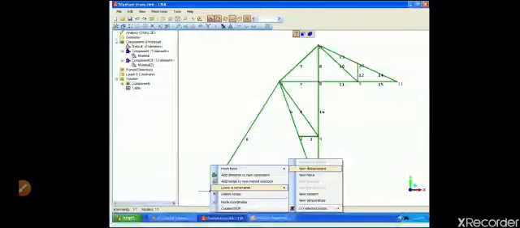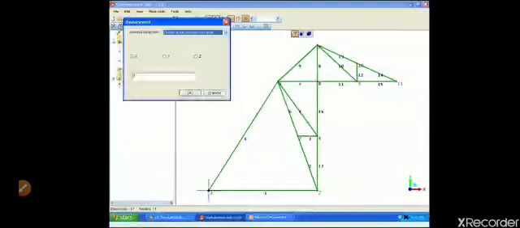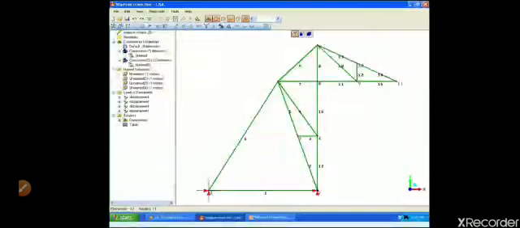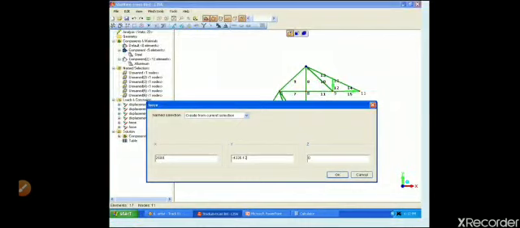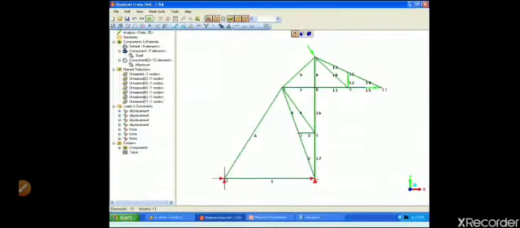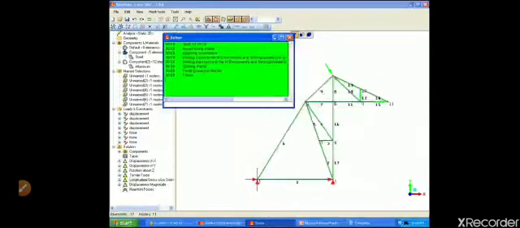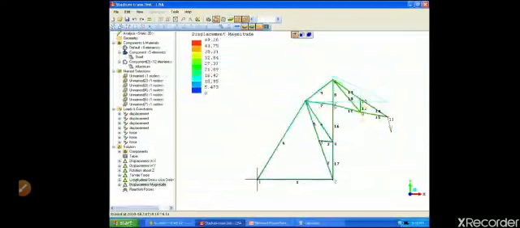Then apply the constraints, that is displacements are made 0 at some fixed points. Then apply load. After applying joint loads you can solve it. Now your solver, if all the things are well modeled, then your model will be solved and results will be displayed.